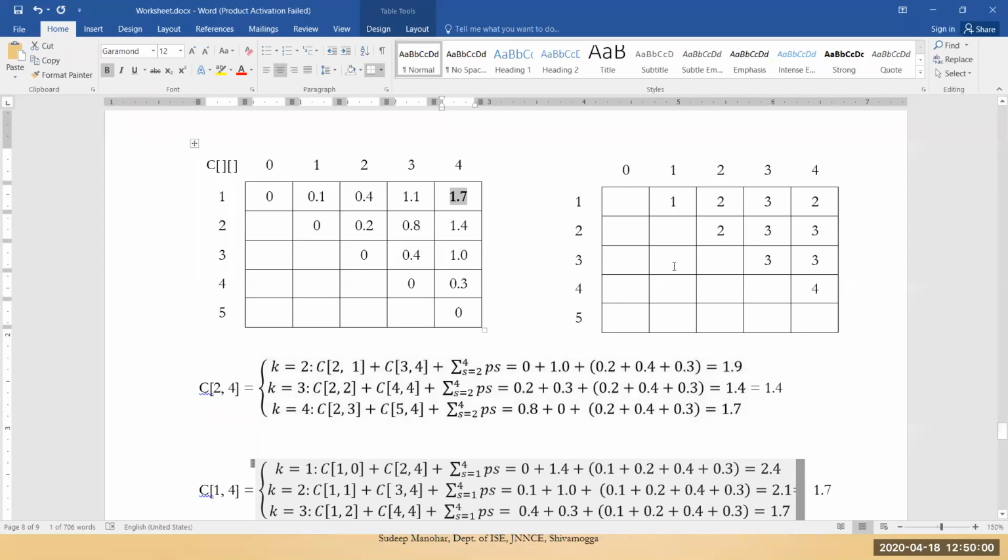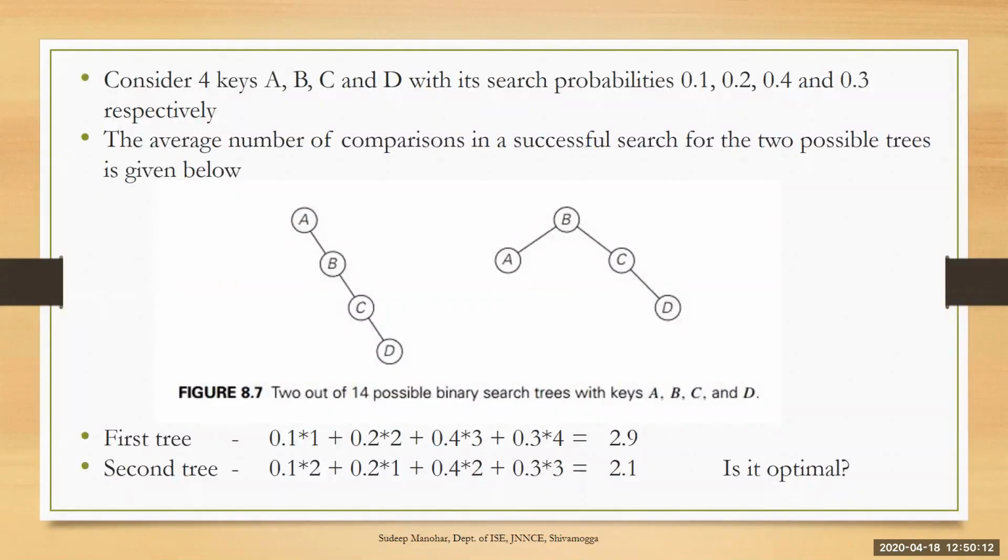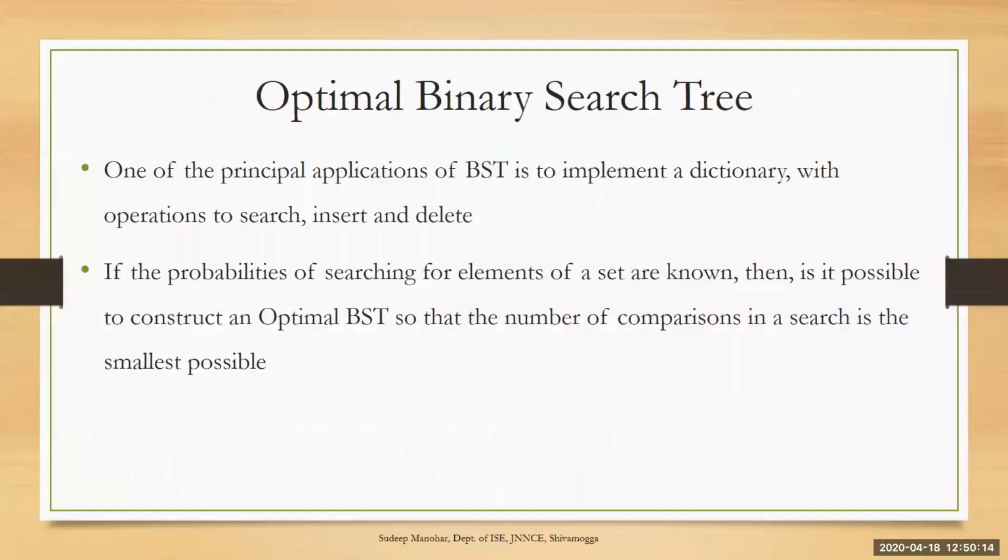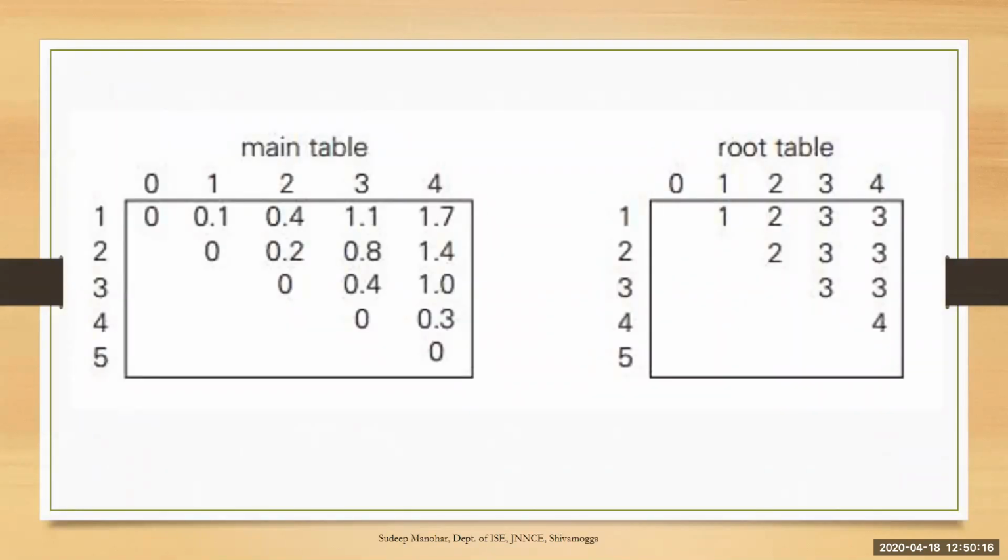So that we will analyze from the second table. For that purpose itself, we have got the second table. You might be wondering why we are considering the second table. Now if you look at the second table, I'll show that using the PPT. Yes, look at the second table. Now what these numbers tell us is that they give the root nodes.